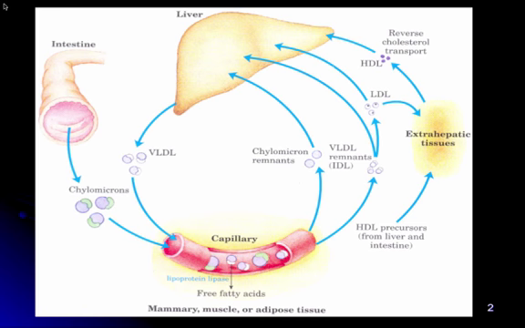Is that cholesterol just coming straight from HDL, or is it all pooled into one cholesterol in the liver, or how does that work? The cholesterol can either come from the diet or hepatic synthesis, or some other cells can synthesize cholesterol as well. So it's kind of a mix. Remember, about two-thirds of the cholesterol in our body is from our own body's synthesis. Some of it comes from the diet.